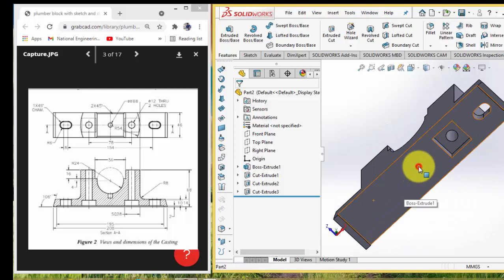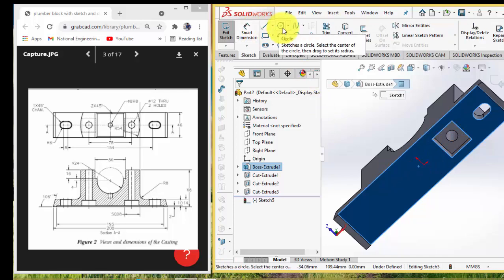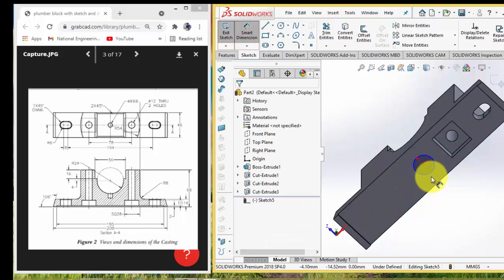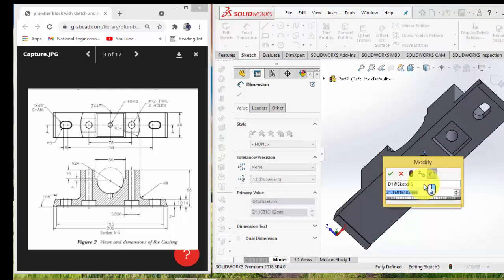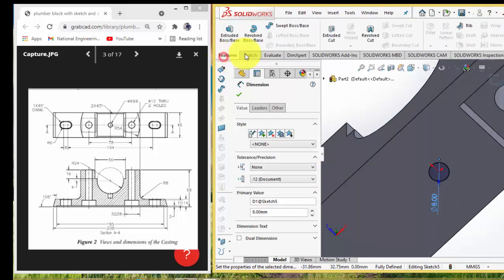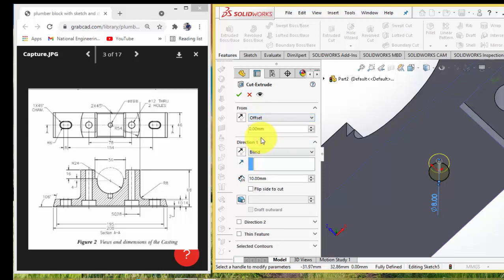I am selecting the bottom plane and creating a sketch, and at the center I am drawing that circle, and the dimension is given as 8 mm. This is an 8 mm circle and it is fully defined. So during extrusion cut, we have to do this extrusion not from the sketch plane, but from an offset plane. We know the dimension is 8 mm, the cut should be 8 mm, so let us give 8 mm